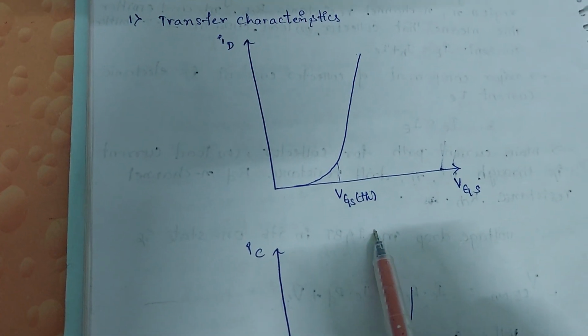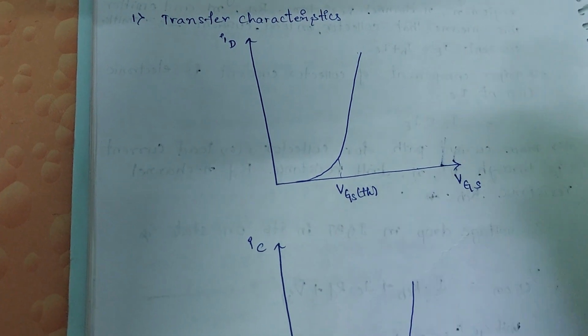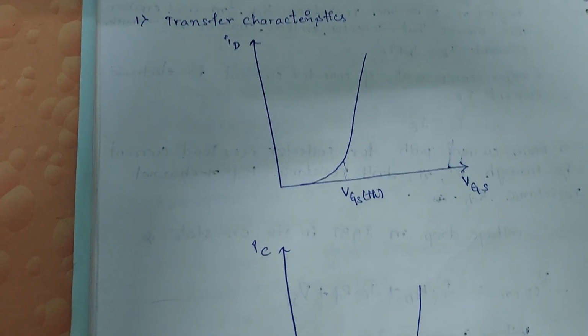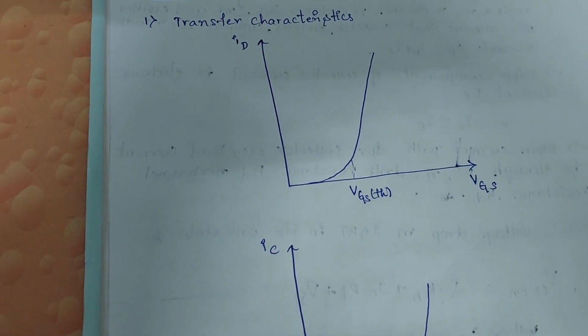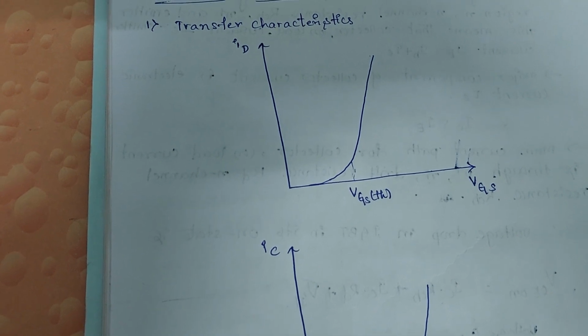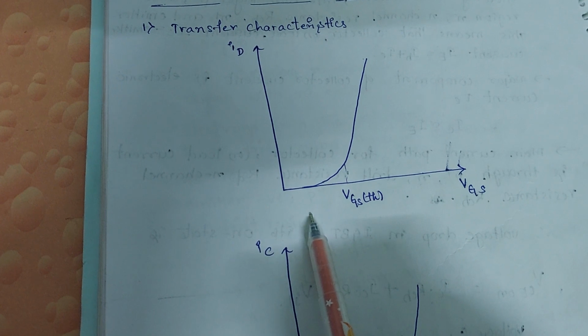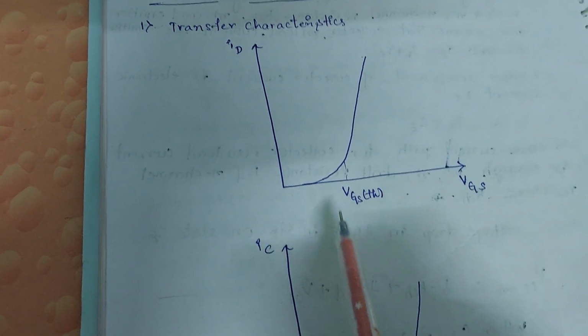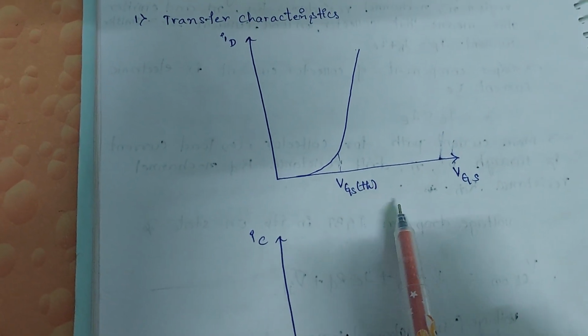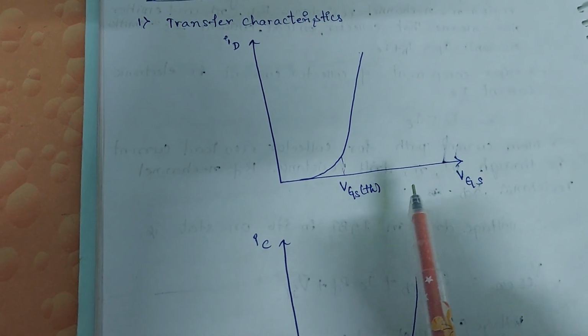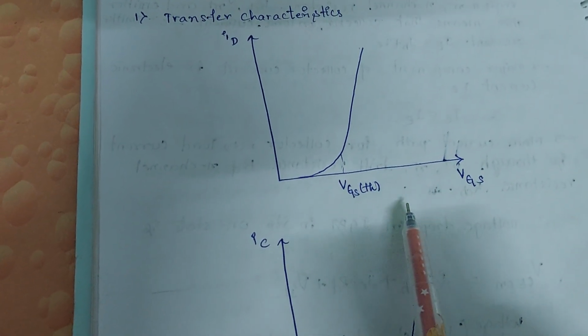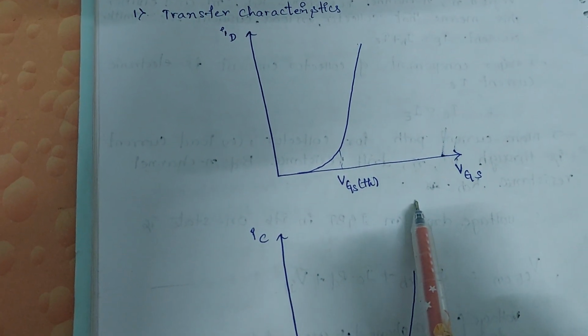The gate threshold voltage for the IGBT is about 2 to 3 volts. While ID is equal to 0, the drain to source is open circuited,